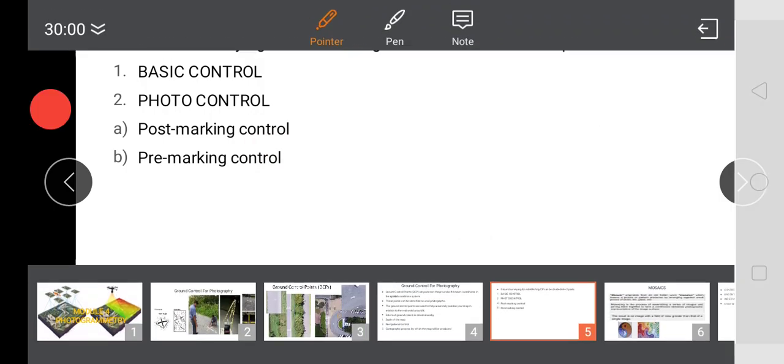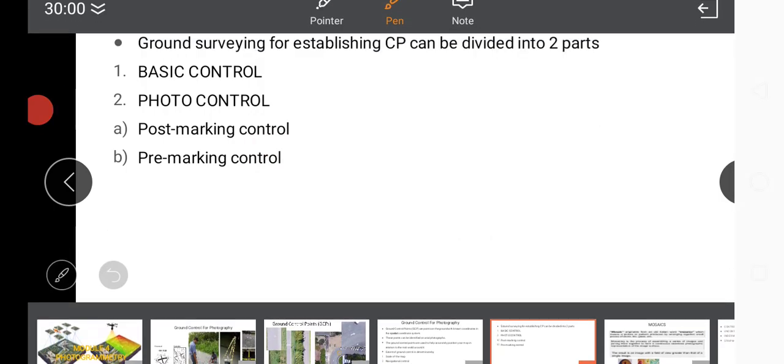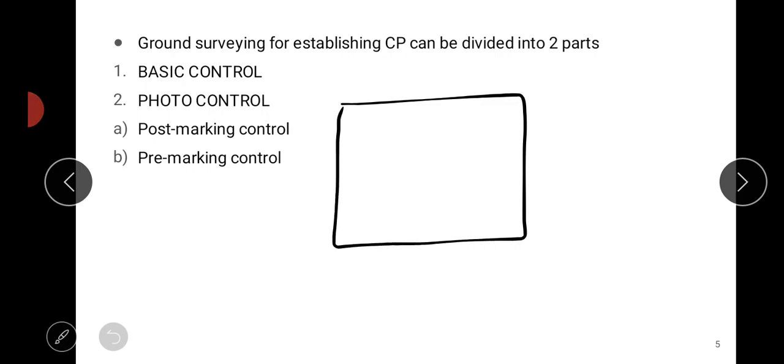For example, if this is my photo which I have taken, and on the ground there was already a ground control or basic control which was marked and it is visible on the photograph.